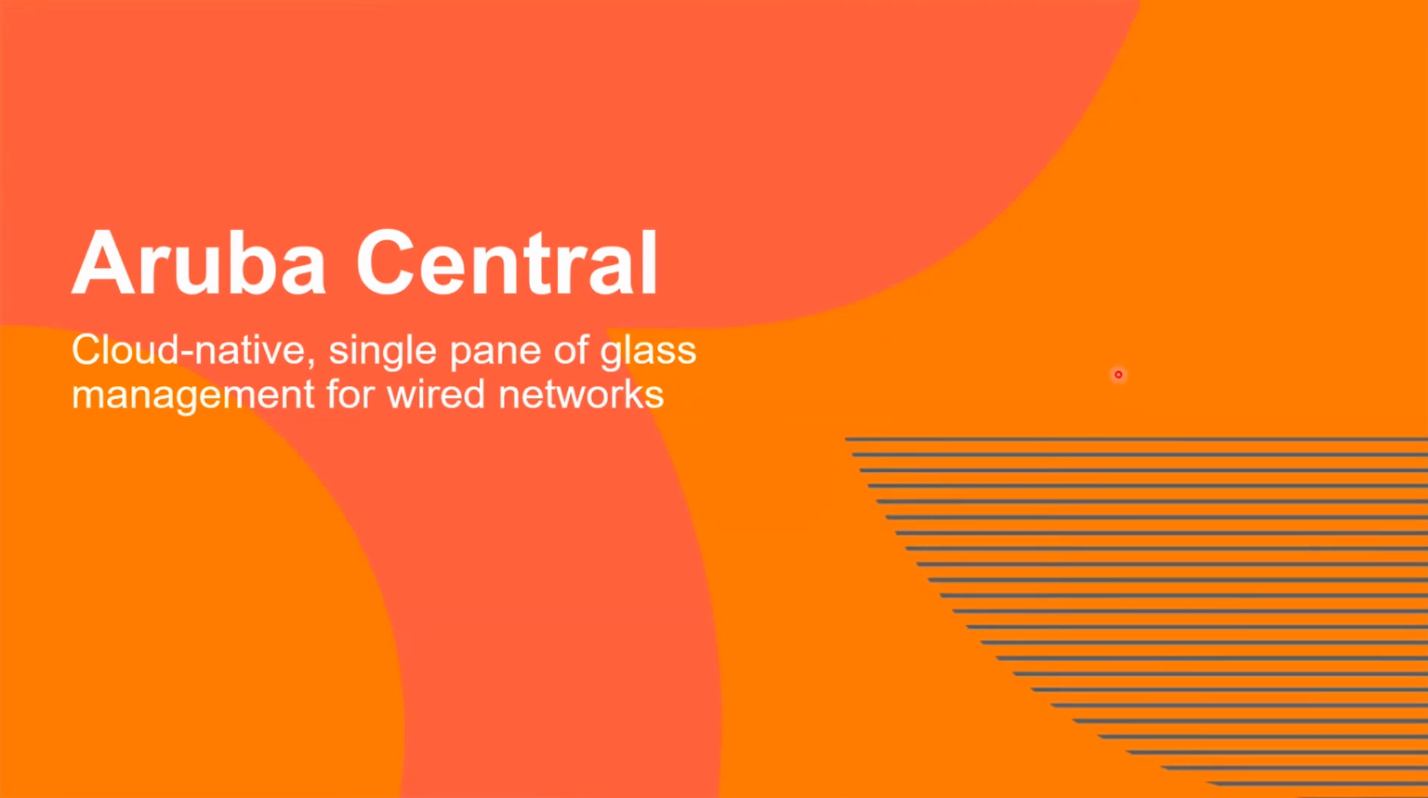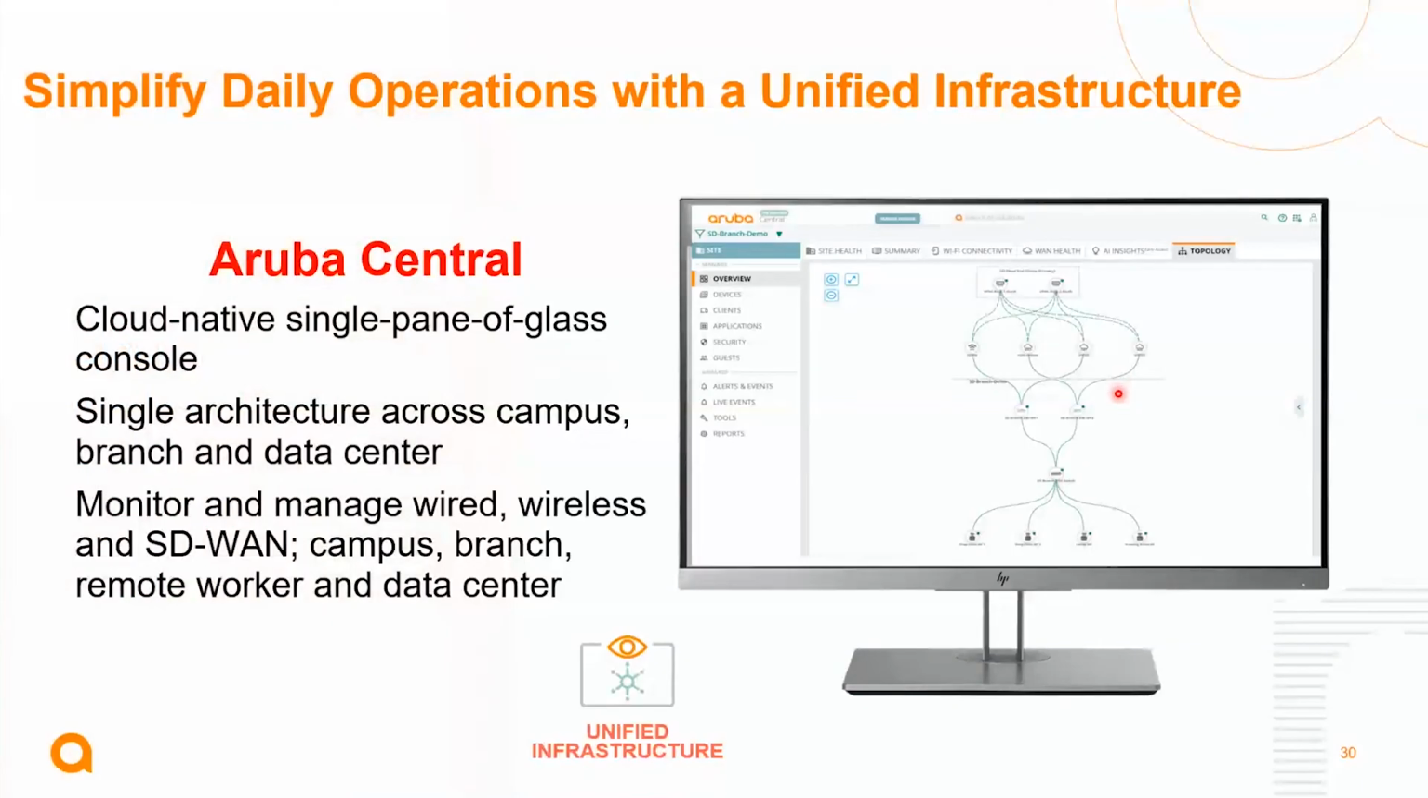So our Aruba Central would be the cloud-native single pane of glass console. That's our main objective. If you remember the unified infrastructure, it starts with the Aruba Central, which is a cloud-native single pane of glass console. So this is where the magic happens. This is where the AI ops and the processing of our AI happen. Okay,